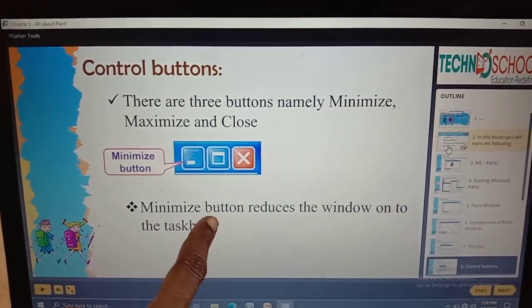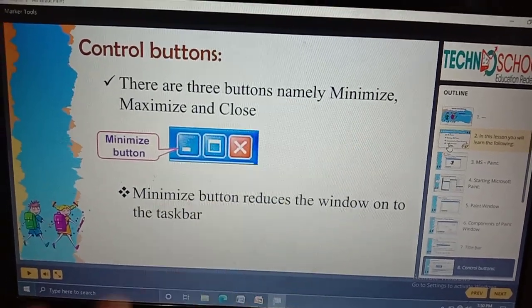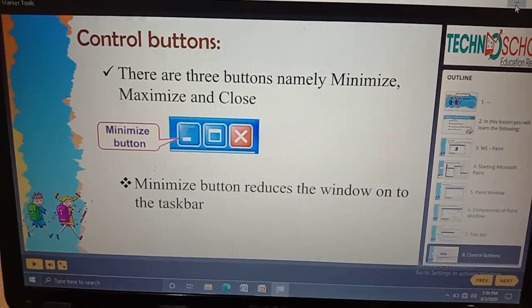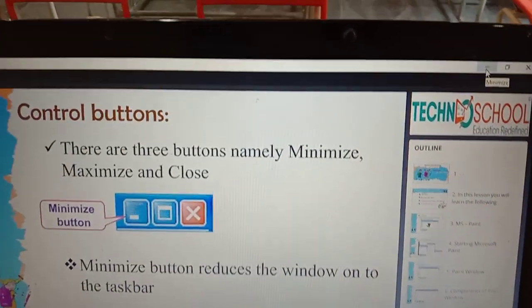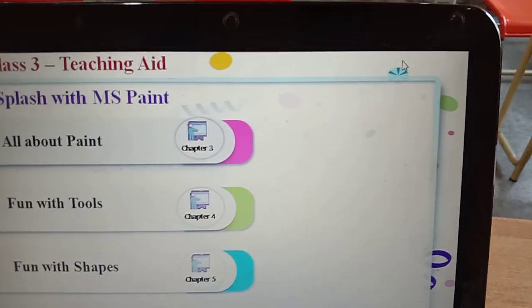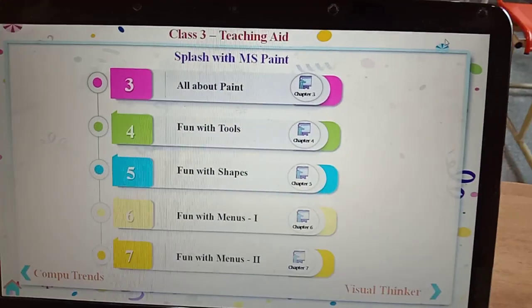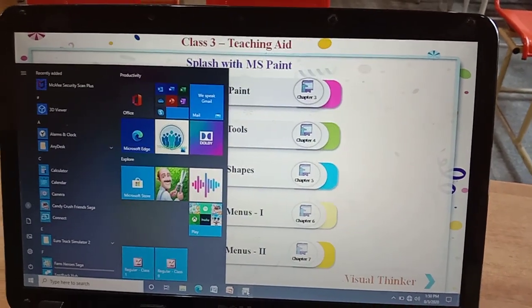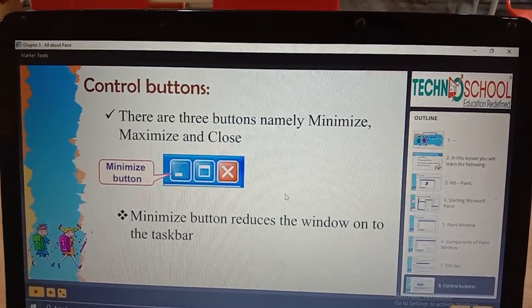Okay, the minimize button reduces the window onto the taskbar. See here, if I click the minimize button, see what change is happening. If I minimize, immediately the particular window is minimized to our taskbar. Okay. Next